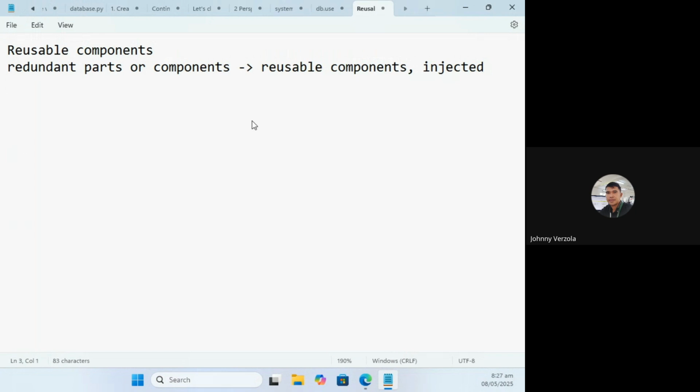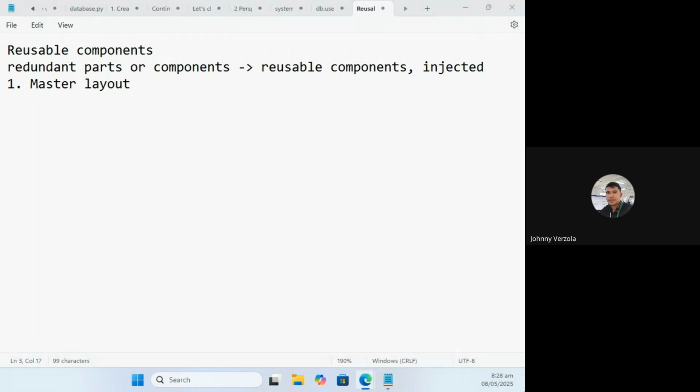So yesterday we were talking about master layout. Is that what we talked about yesterday? Yeah, but we have partials that are injected.